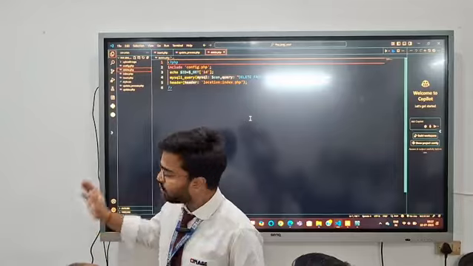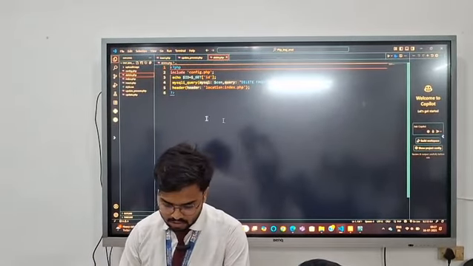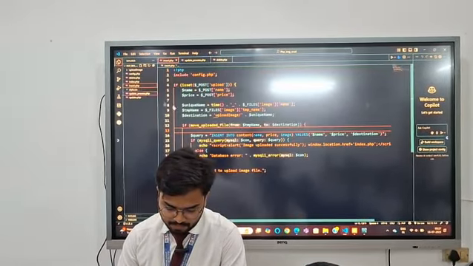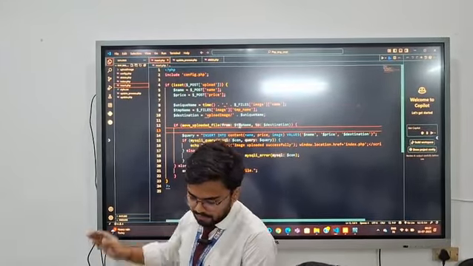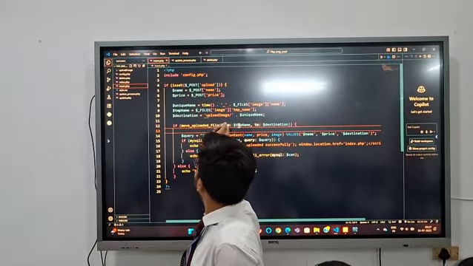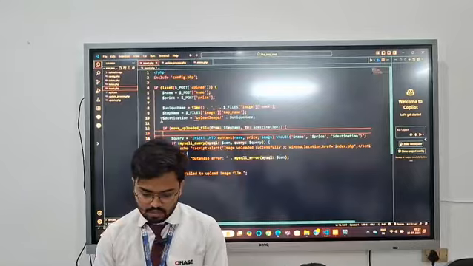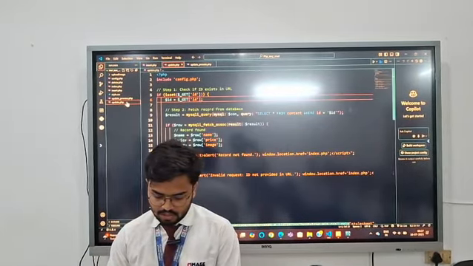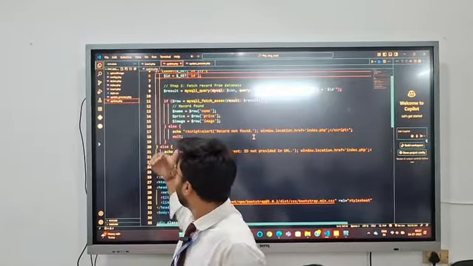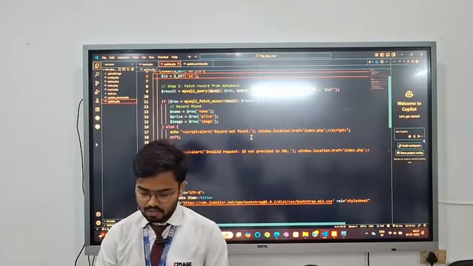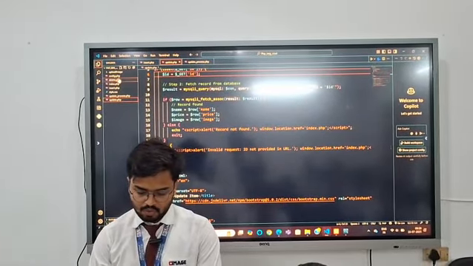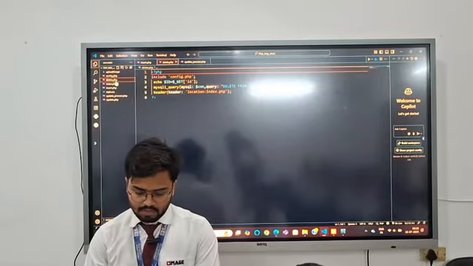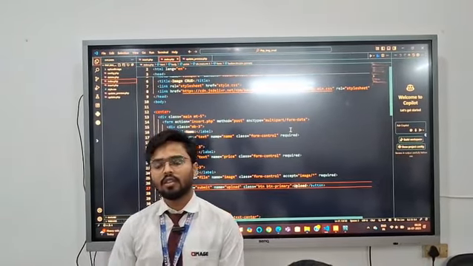This is the delete page through which deletion happens. And this is the insert page through which data is inserted in the database. The update page is the one through which anything can be updated in my database. So basically this is the project, and that's all from my side.